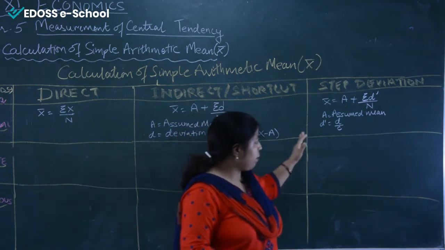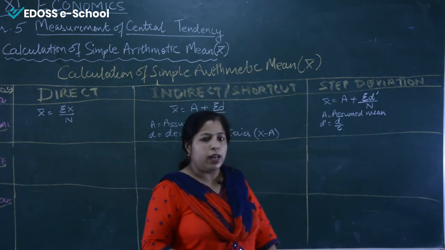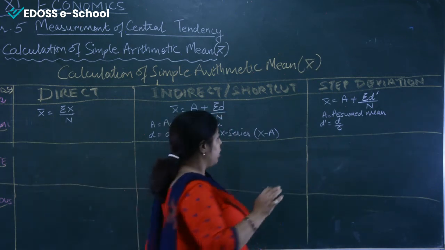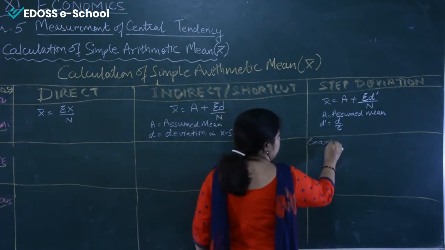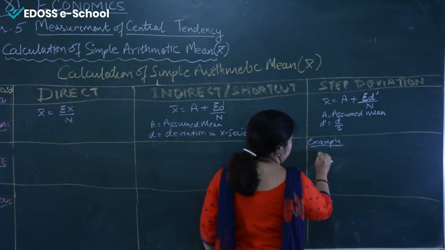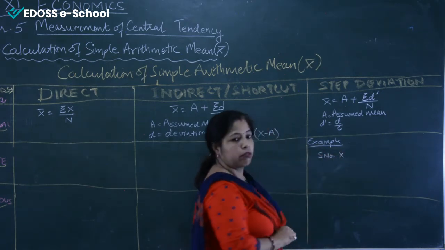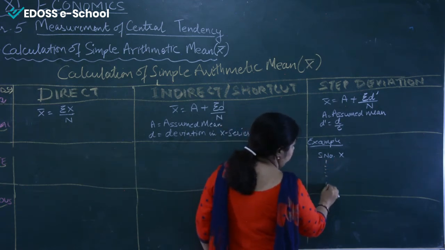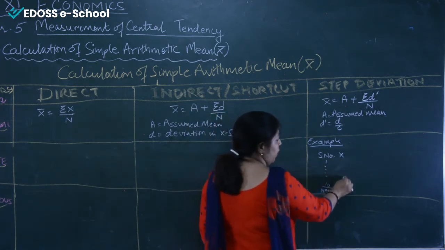Now if I make it clear to you once again, this individual series, let us understand the columns. How many columns can be created with this? Just take an example. Suppose in individual series, serial number and X are given to you. X is 1 to 10. So N is equal to 10. Here will be the data.